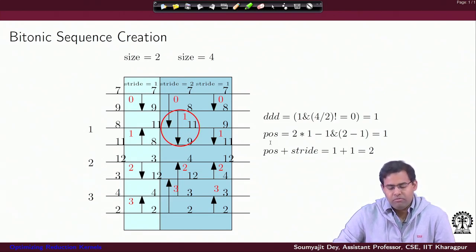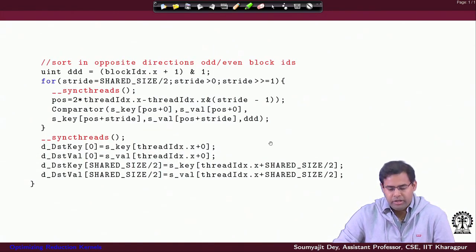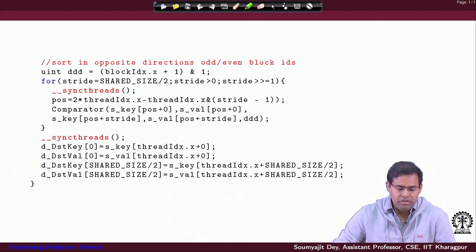But when we come to the overall merge stage, it's a global objective: you either want a completely ascending output or a completely descending output. So the direction is computed once and for all, and then you enter the loop cascade for doing the different merge operations, the different sequence of comparison operations.